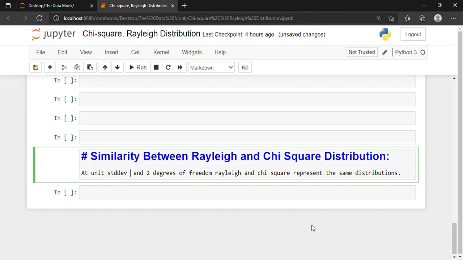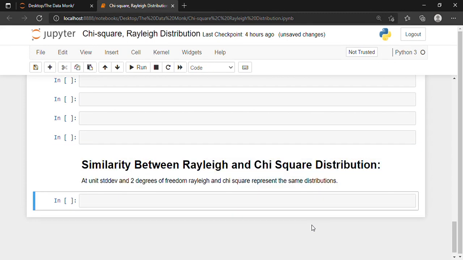But there are 2 conditions. What is the first condition? The standard deviation should have the value unity, or be equal to 1, and the degrees of freedom should be equal to 2. If these 2 conditions are fulfilled, then the Rayleigh distribution will be equal to the chi-square distribution.